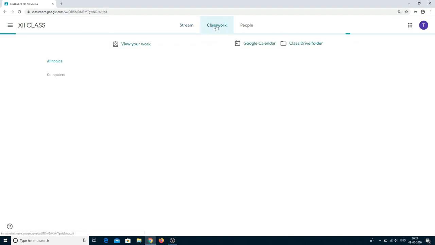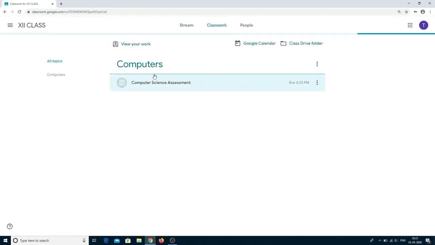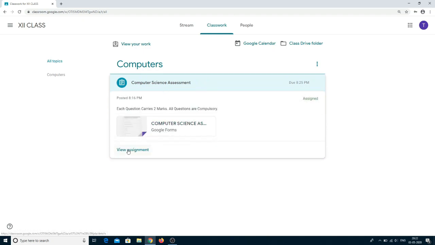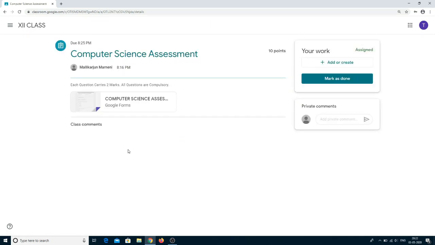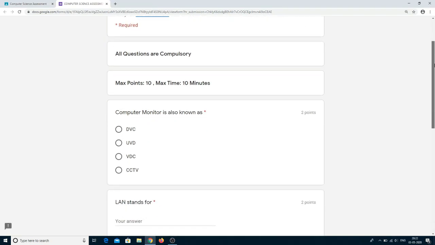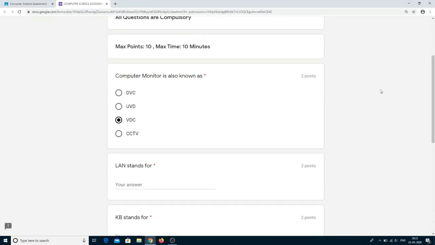Otherwise in classwork also we can see the computer science assessment, both ways are there. So you can use any method. Even you can click on this computer science assessment, and you can click on view assignment. Then open the computer science Google form. You can see here all the 5 questions, and you can answer the 5 questions.